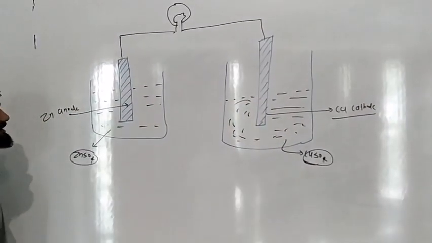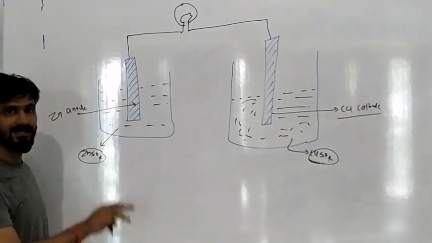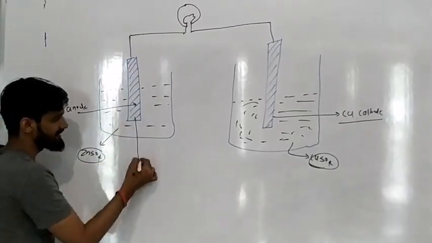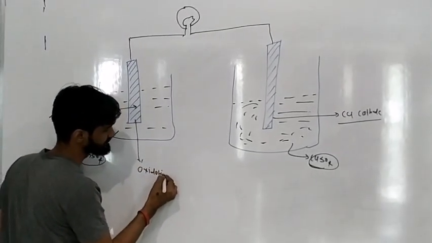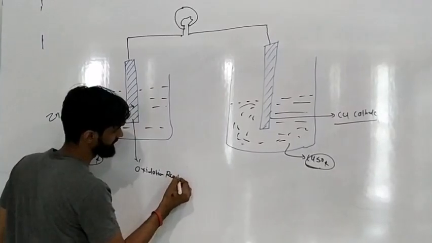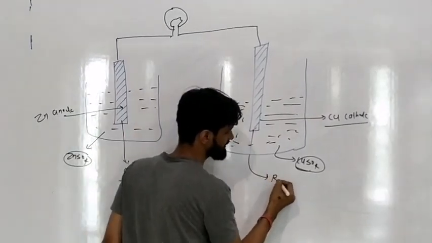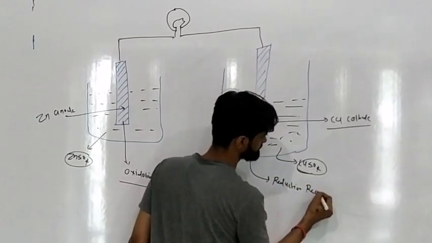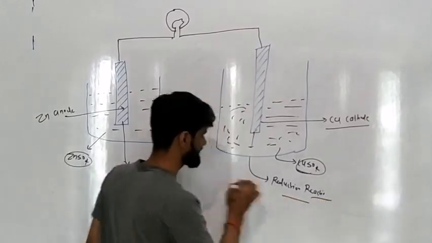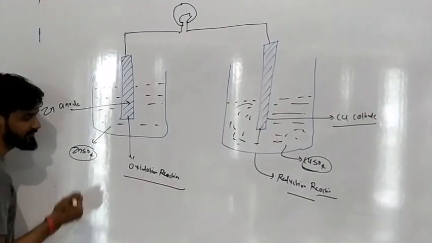Now just understand one thing. I have already discussed when the redox reaction will start under electrolytic conditions. Here the reaction taking place is the oxidation reaction, so the oxidation reaction will take place here, and here the reaction taking place is called the reduction reaction. Now understand one thing. What is the oxidation reaction? I already discussed it, and I am giving you a little brief over here.